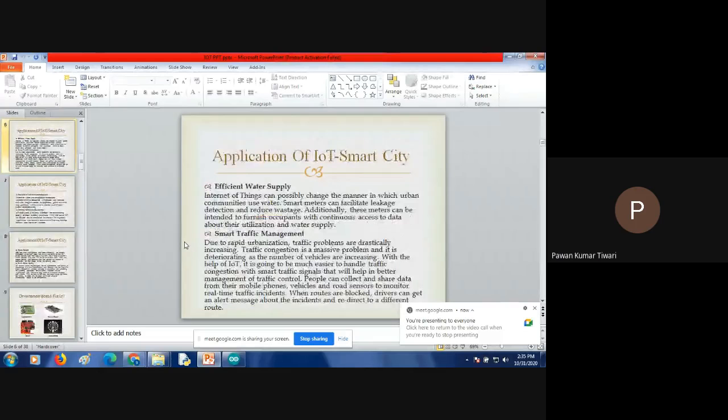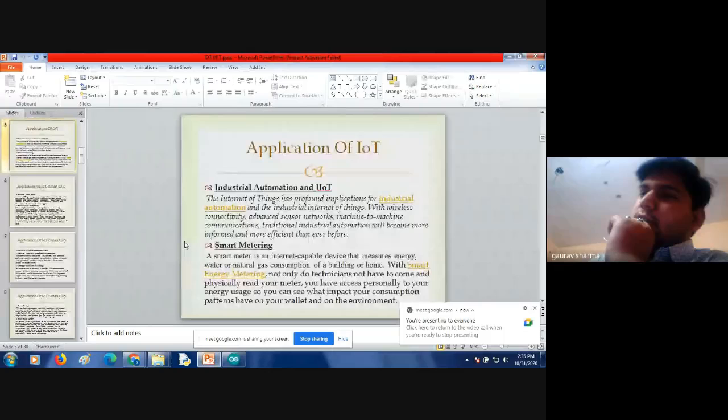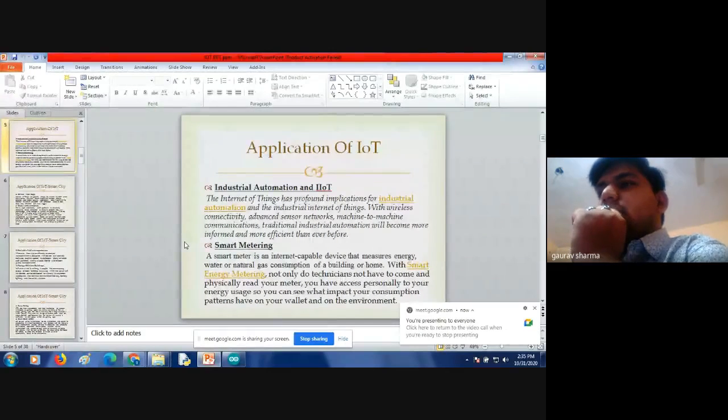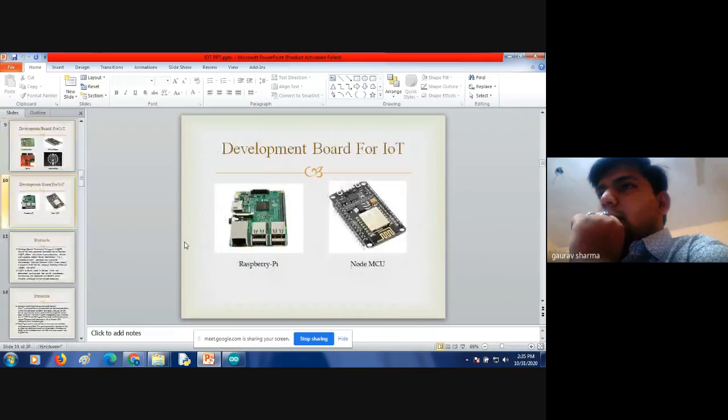You can see that in the first session we understood the history and the need of the IoT concept in our day-to-day life. We discussed the application areas where we can use this concept and make some new products to solve problems faced by the people. And next, we have